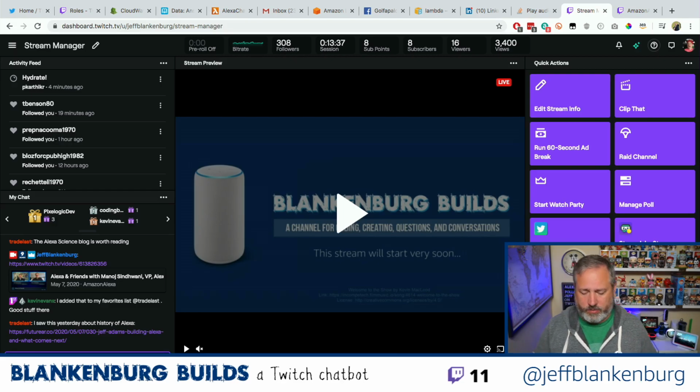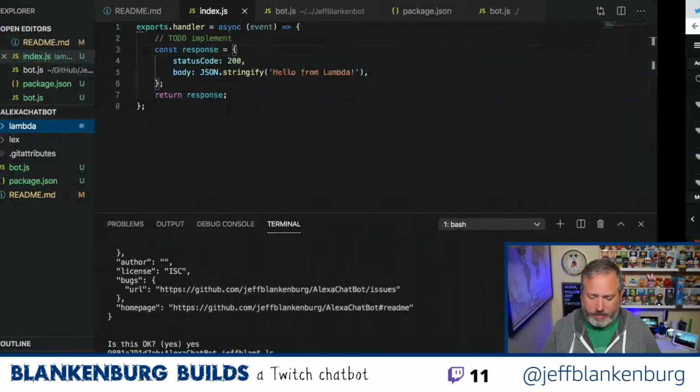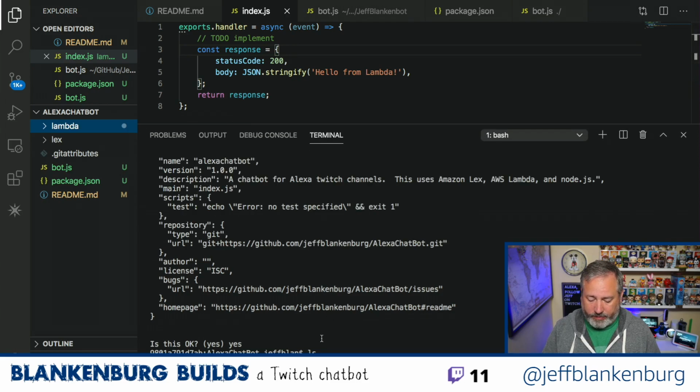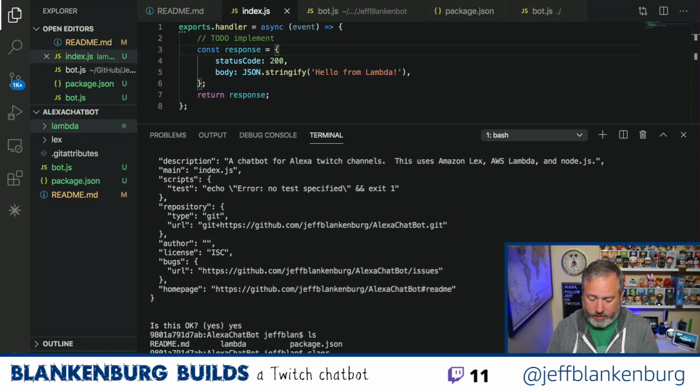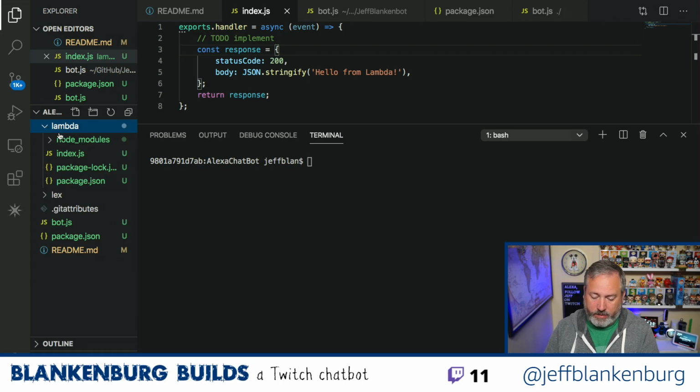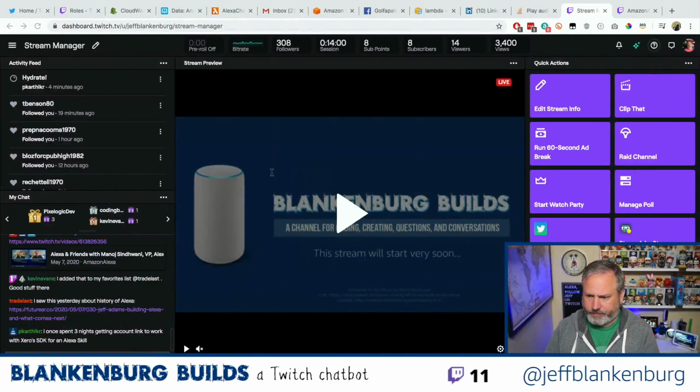But I want to get into actually writing this chatbot stuff. I don't know that any of this works yet, and there are a few things I actually need to learn in order to do some of this. So I'm going to clear out my command line here. My goal is to have a Lambda function that has all of the, I guess I can show this in the browser.